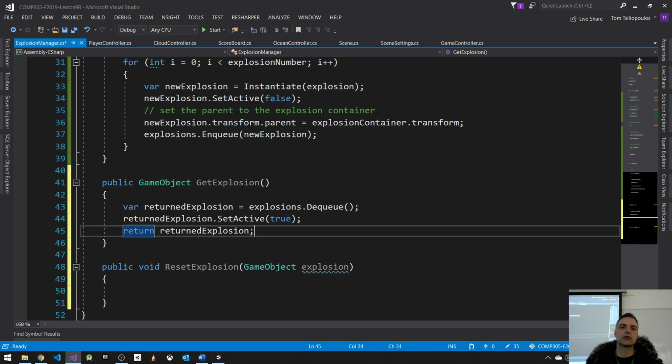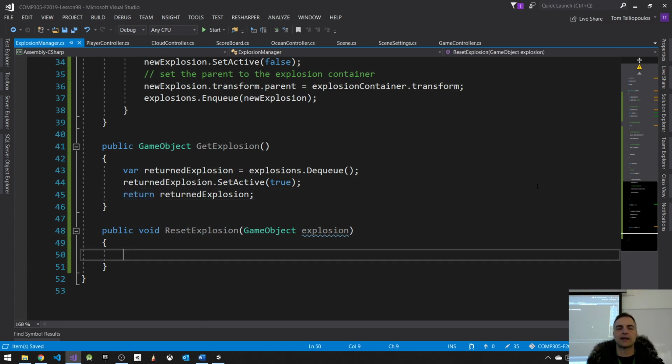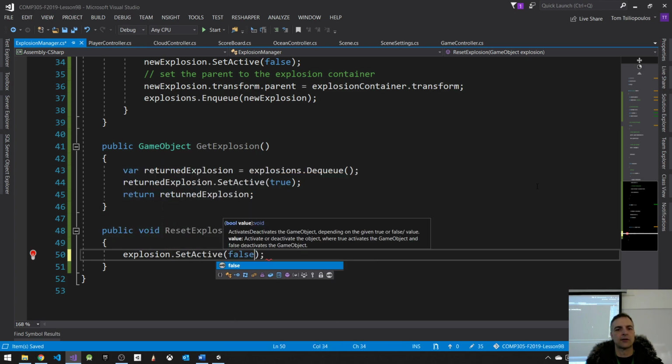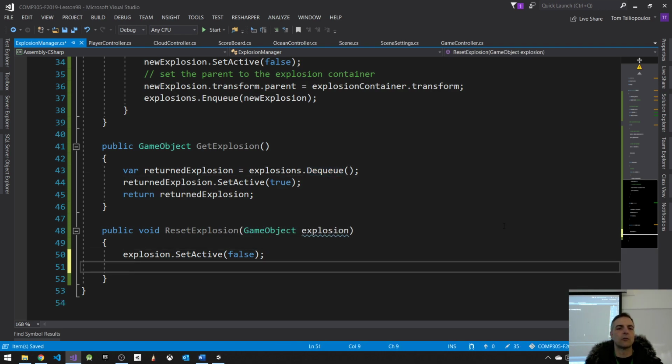So what this does is it returns the explosion from the queue back to the calling function, whatever needs it, okay? On the other side, when I'm done with the explosion, for example when the explosion's finished doing its animation, I want to return it back to the pool. The way that would be done is, I get the explosion, set active to false, and then I want to enqueue it